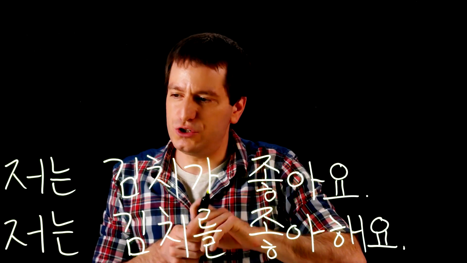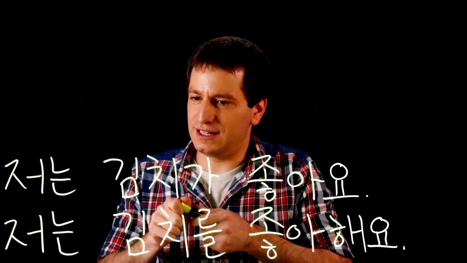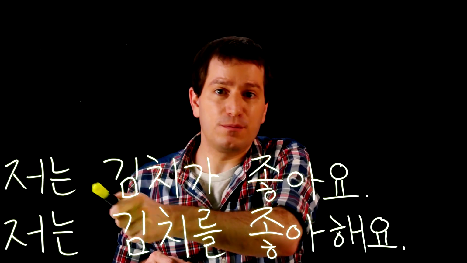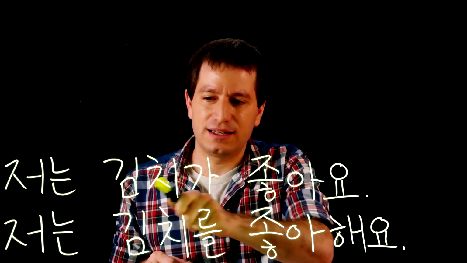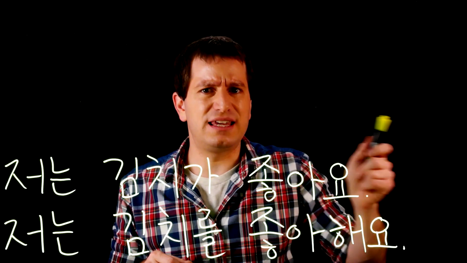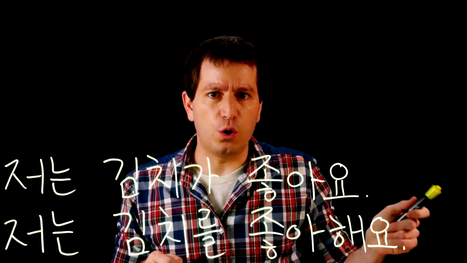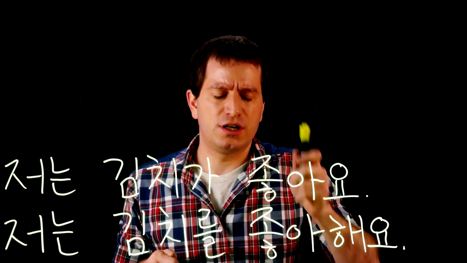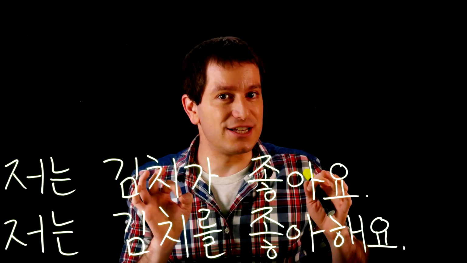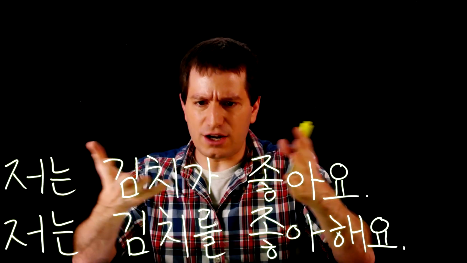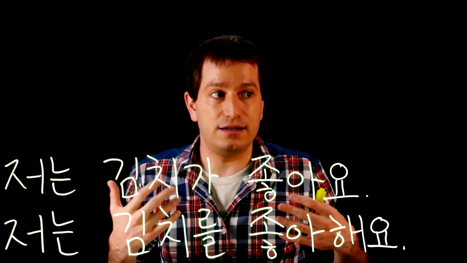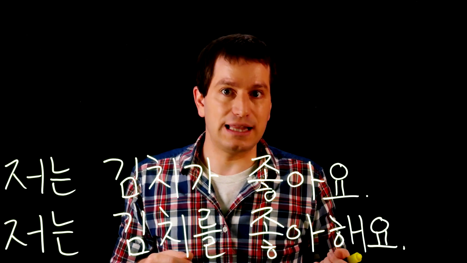For example, you could say, 저는 김치가 좋아요. Literally, as for me, kimchi is good, to be good, 좋다. So as for me, kimchi is good. Only, in natural speech, 좋다 can be used to say, I like, even though it literally still means it is good. So although it literally means, as for me, kimchi is good, this would more naturally translate as, and is a very natural way to say, I like kimchi.